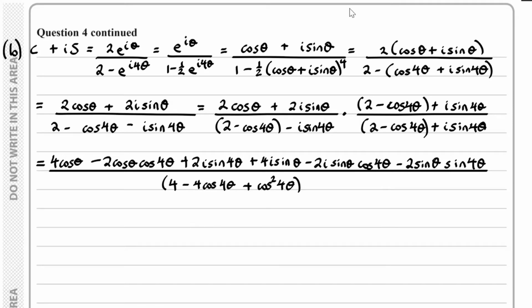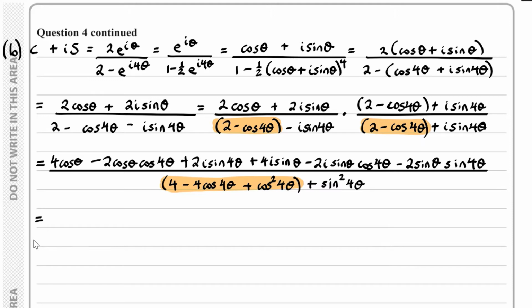Okay, so that bit comes from multiplying this bit with this bit, and then we have minus i sine 4 theta times i sine 4 theta. Well, minus i times i, that's minus i squared, so that's minus 1, so that would be plus 1, and then we have sine squared of 4 theta. Okay,